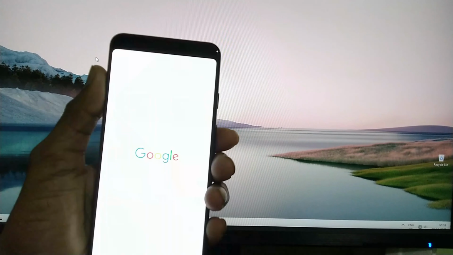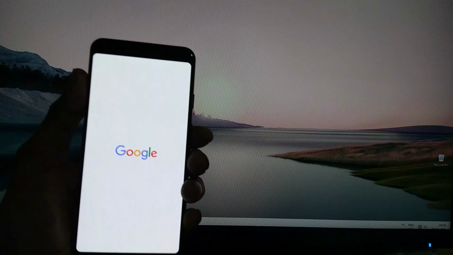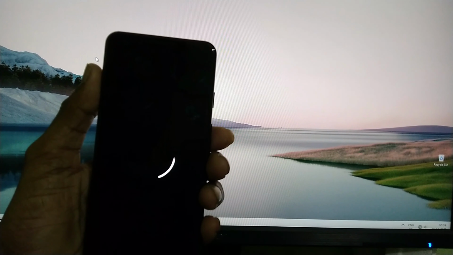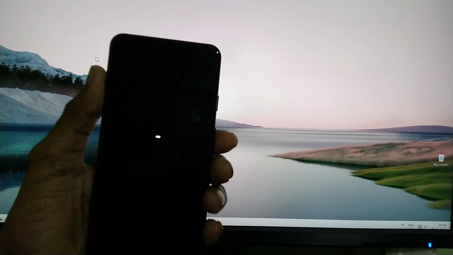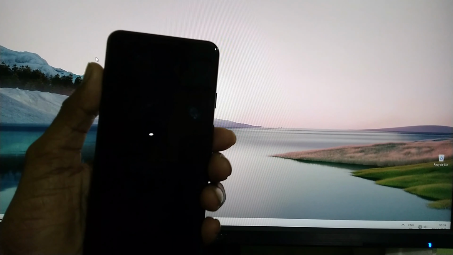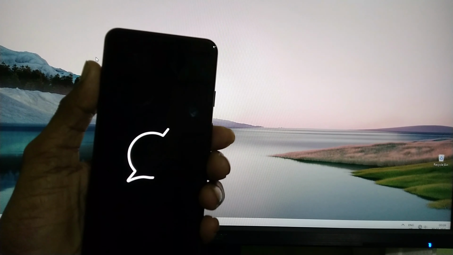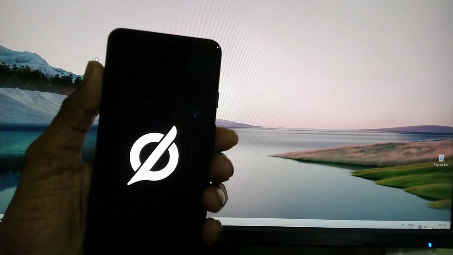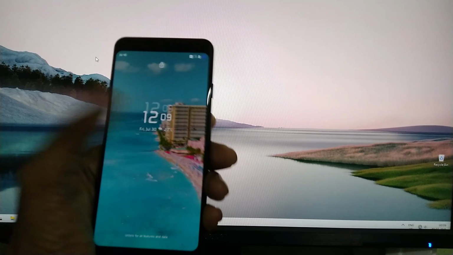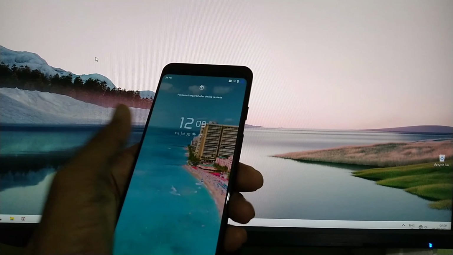Right now this is the Pixel 3 and the OS is about to boot. This is Havoc OS, and this is the boot animation you can see over here. The system has booted perfectly, and we are up. I will just unlock my device.